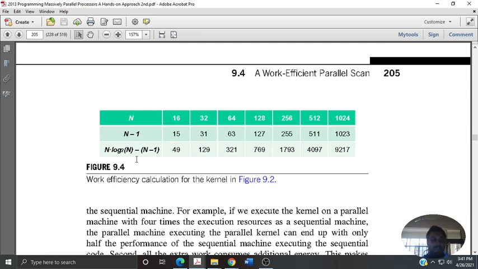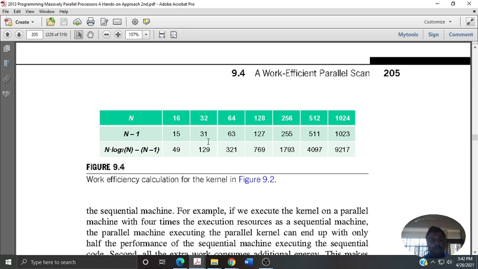With respect to this parallel approach, n log n, when you substitute the number, approximately 3 times more or 4 times more adders, or computations, are required.